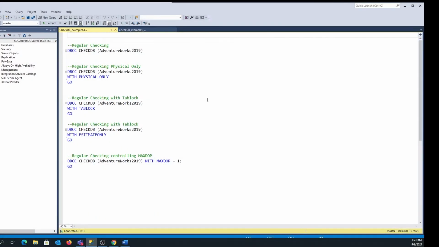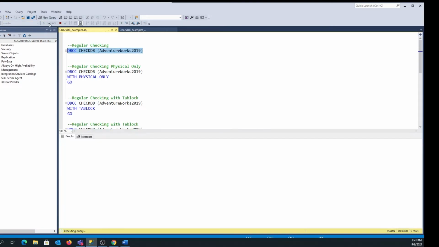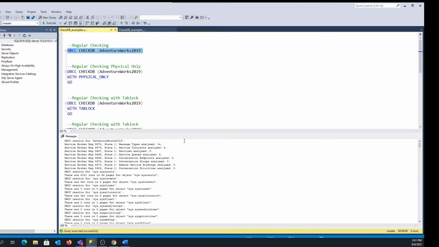So at this point, we're going to look at some of the examples of what we would see when we run DBCC CheckDB. So the first command itself literally will check everything that's possible for DBCC CheckDB to look at within a given database.